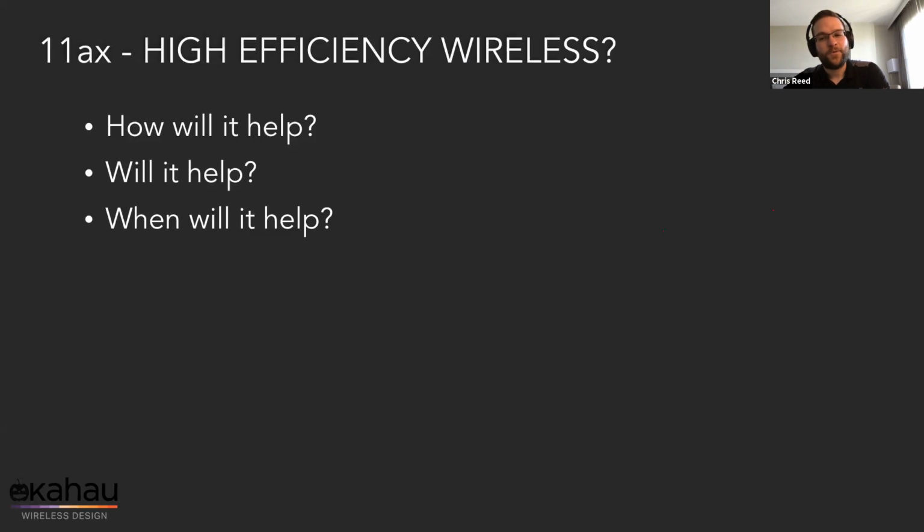Yeah, I would agree. I think there's definitely some key points that you've mentioned around resource unit utilization, being able to split the channel up, being able to aggregate slots together, if you will, to have a number of users transmitting simultaneously rather than having to each take their turn waiting on the channel. Do you think that 11AX in itself will be a bigger help than maybe, say, adding 6 gigahertz to the frequency band?